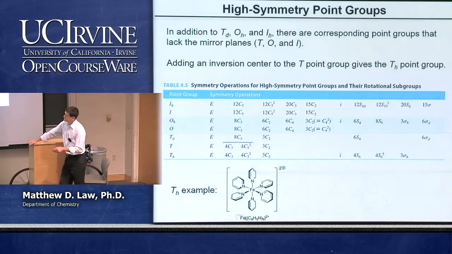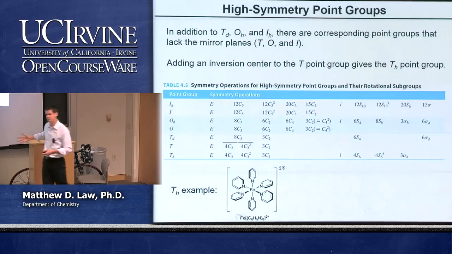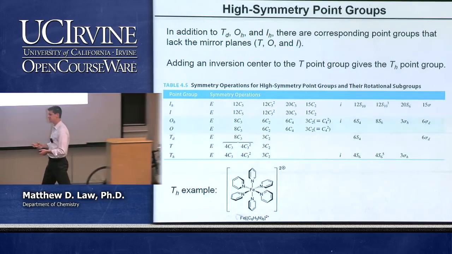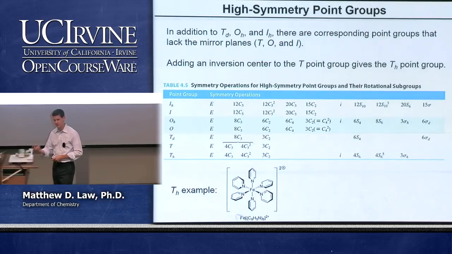I show down here a molecular example of TH symmetry, because I was interested in one. This is hexapyridine iron, 2+. You have these pyridine units that are oriented like this. They're canted relative to one another. And so you don't have an octahedron here because there are no C4 axes. But what you do have is a C3 axis that's coming right out at you. There's a couple of others, right? There have to be 4. And you have an inversion center. You can see that if you invert this pyridine, it comes right down here. If you invert this pyridine through, it comes there, and so forth. So you can have tetrahedral symmetry with an inversion center, which is not the full tetrahedral symmetry of, like, methane. Remember, methane itself lacks an inversion center.